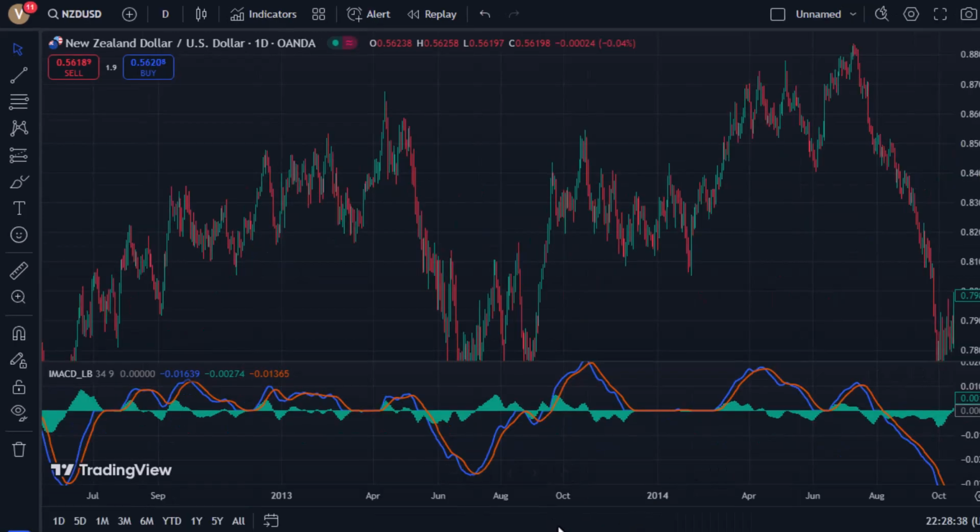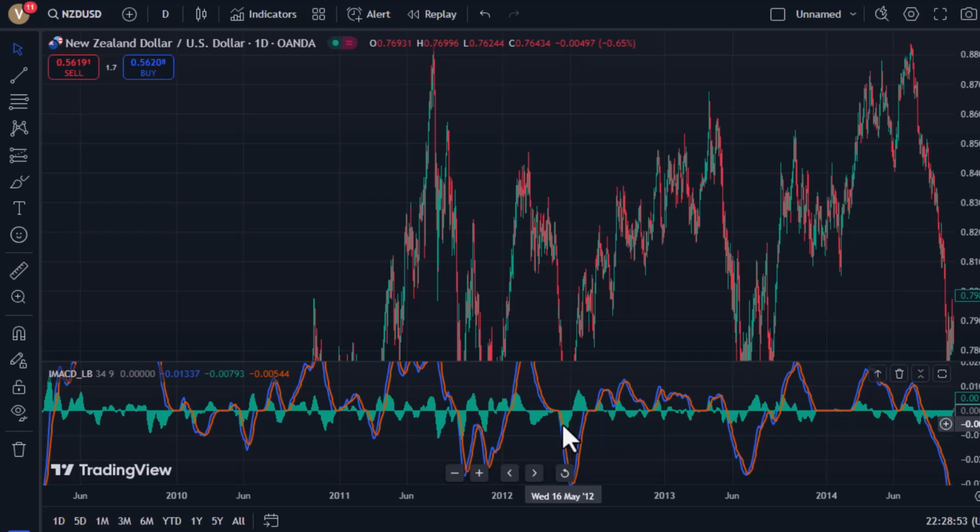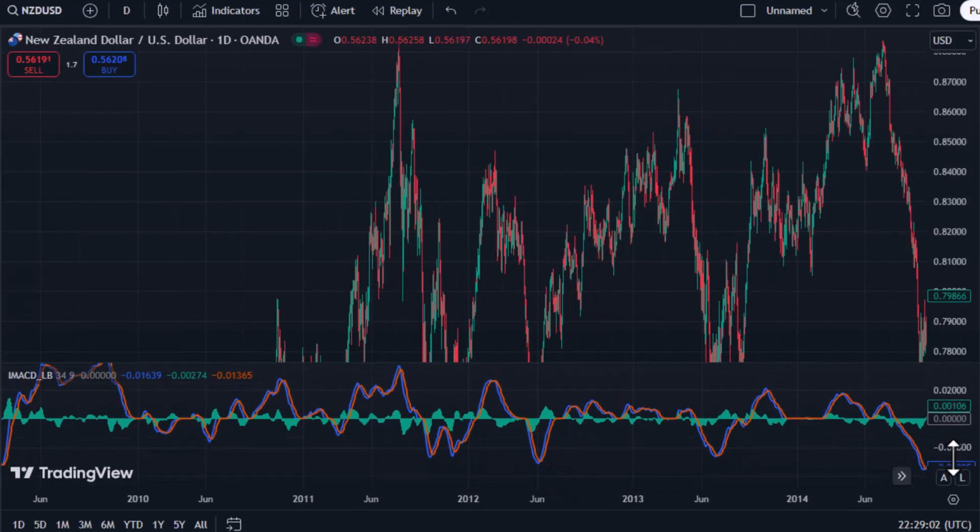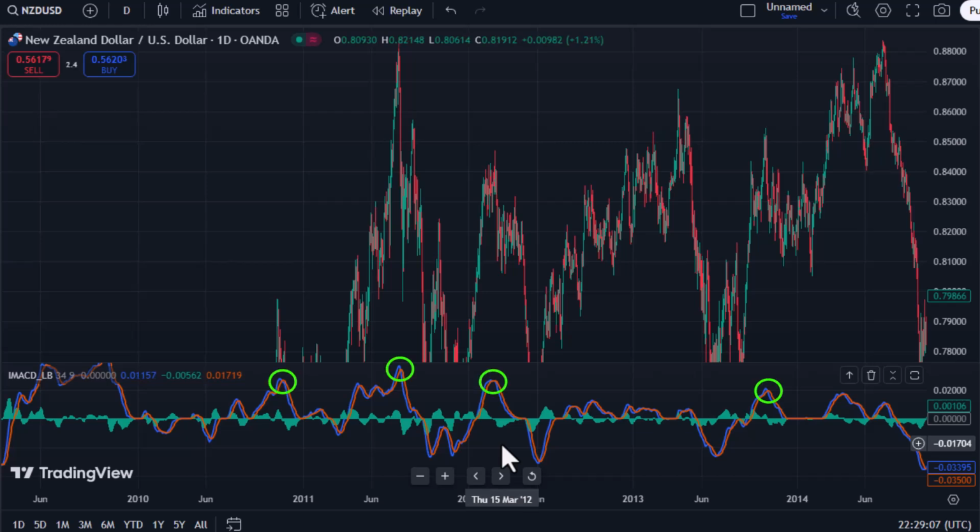First, let's start with identifying the placement of our overbought line. So first, you want to zoom out. Now immediately, we can see that there are two types of crossovers that are happening. First are crossovers that happen further from the middle line, which are called the major crossovers. Next, we also have the smaller crossovers that are happening closer to the middle line, which are called the minor